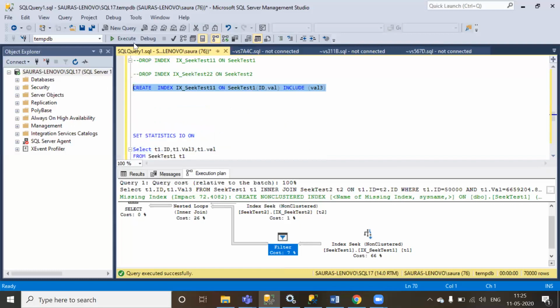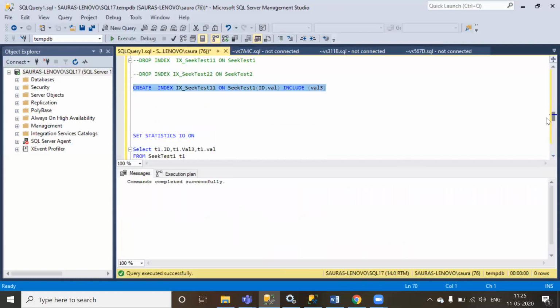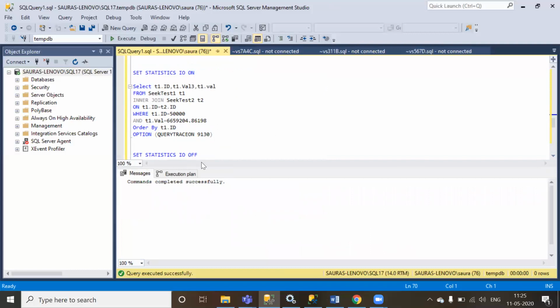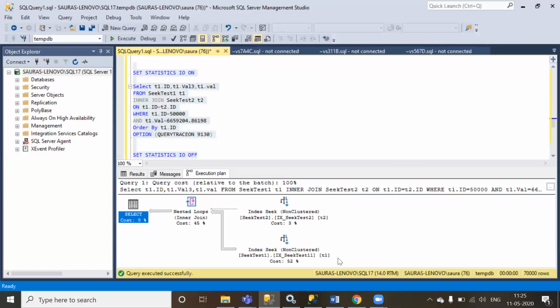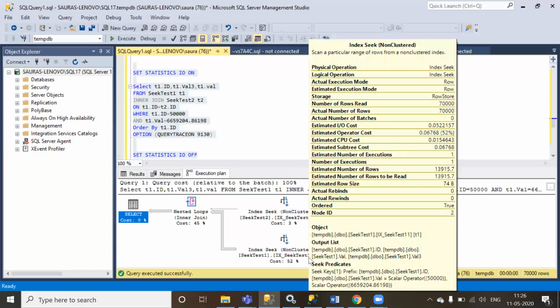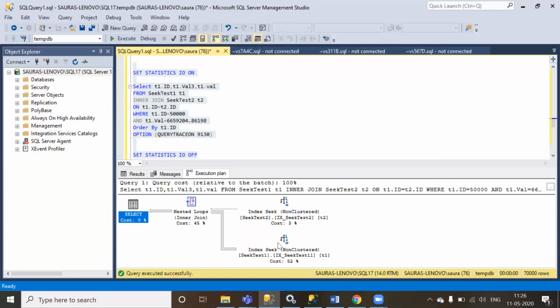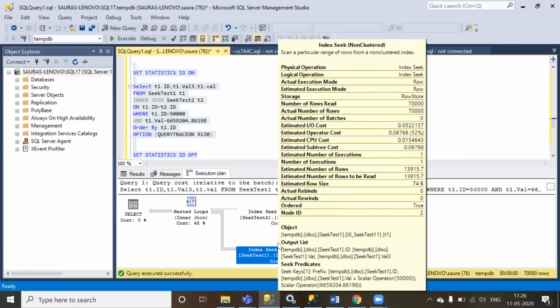Let me go ahead and execute it. And this time if I execute the query and look at the execution plan, you don't see any other predicate here. I can only see the seek predicate, and it has the id and the val columns both.